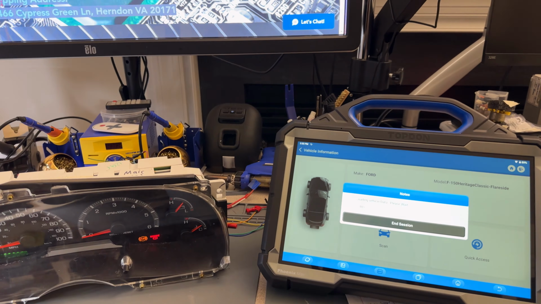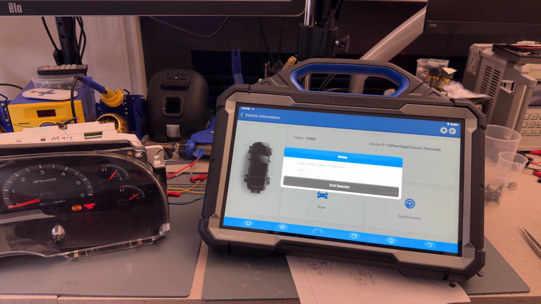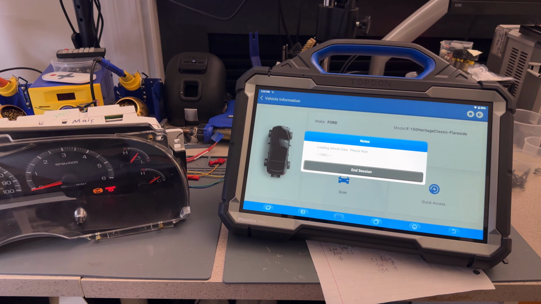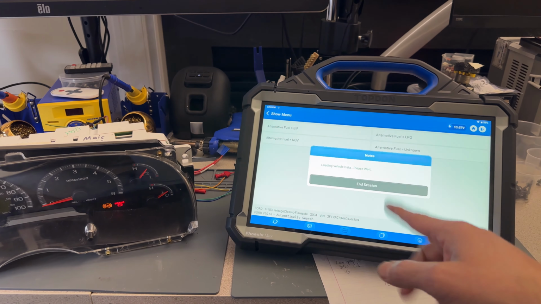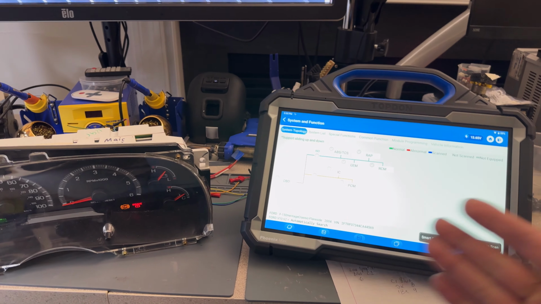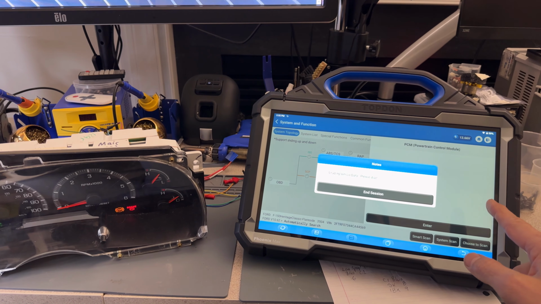We're going to select all the PIDs on the scanner as normal. It takes like 30 seconds to go through the whole process and then select the RPM, which is all I really care about after the repair. So I will just do some selections in here that might be different in the car, but for what I do, this is all I need. All right, we enter in the PCM,